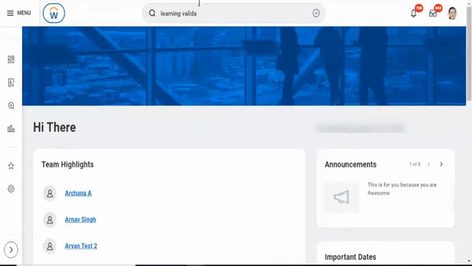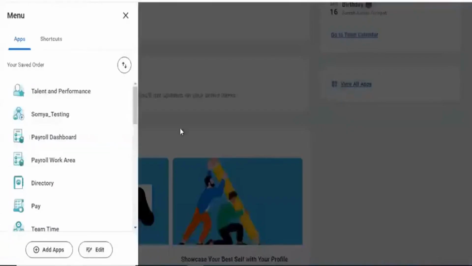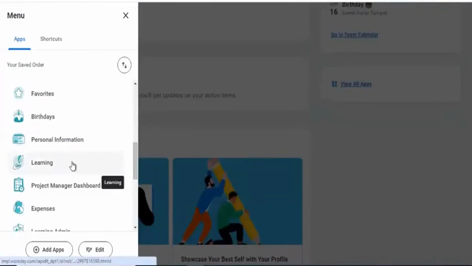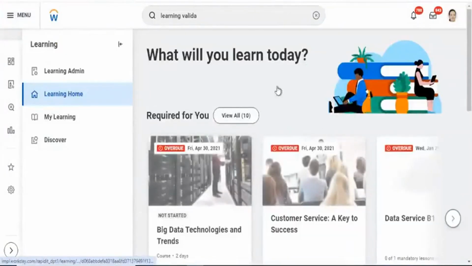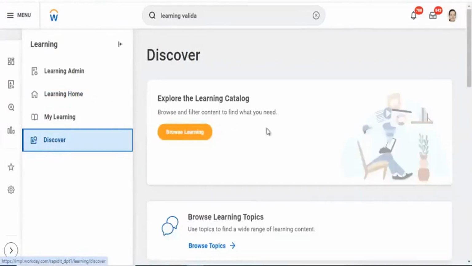Going back and go to the learning app. Discover Learning.